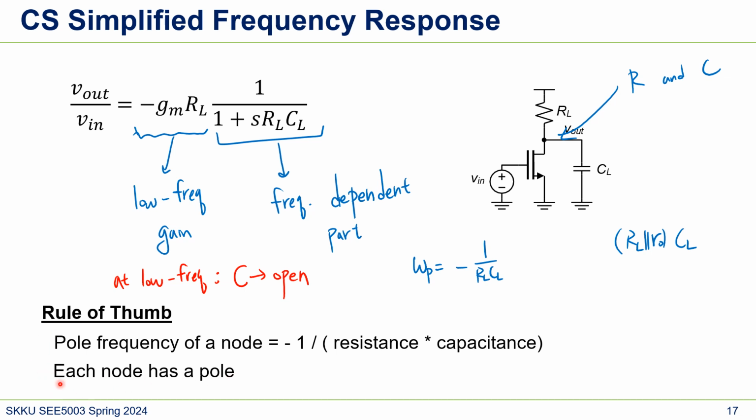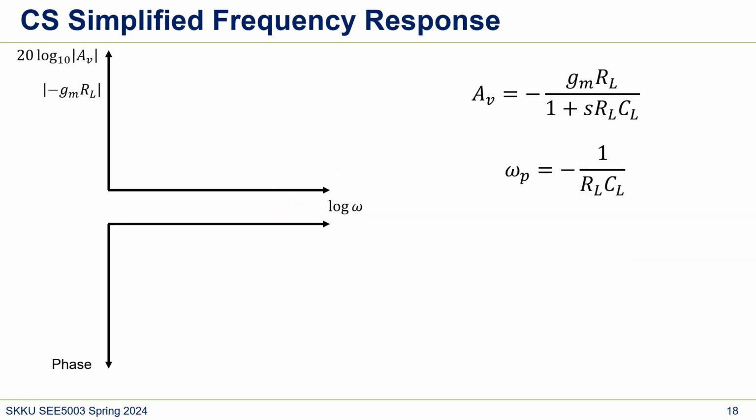So each node has a pole, but not always. Now let's draw a frequency response. We already drew the gain, right? At DC, you should just think about DC. The gain is